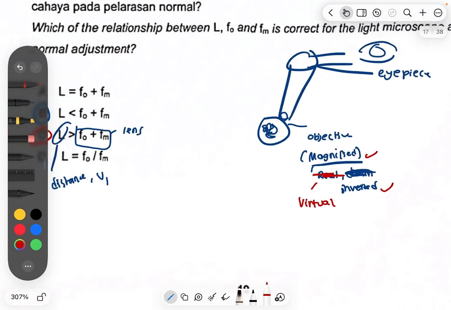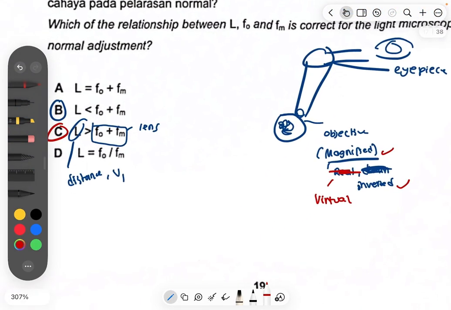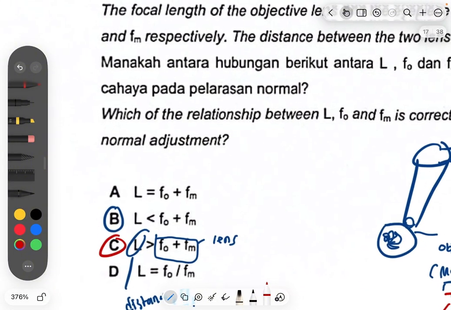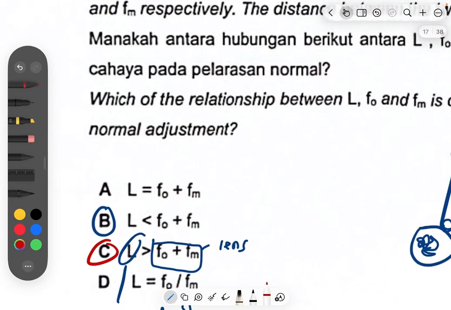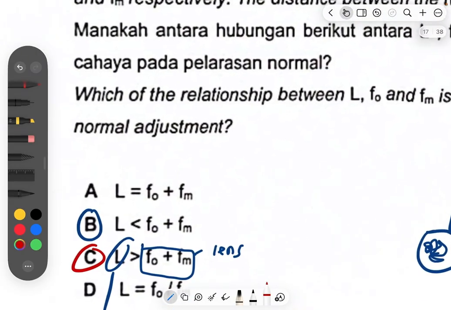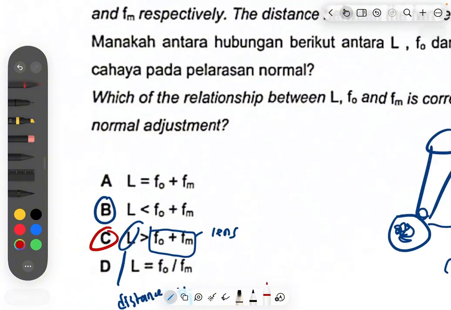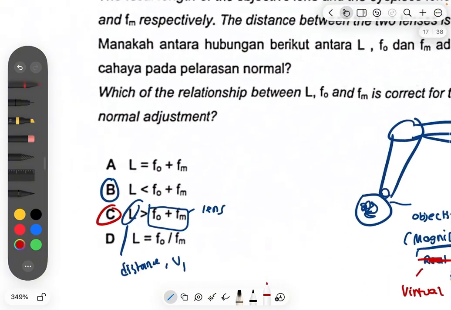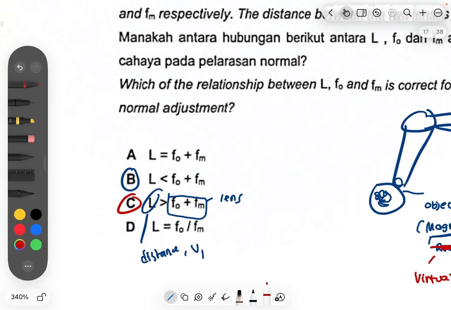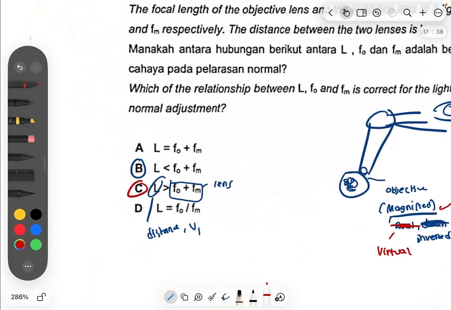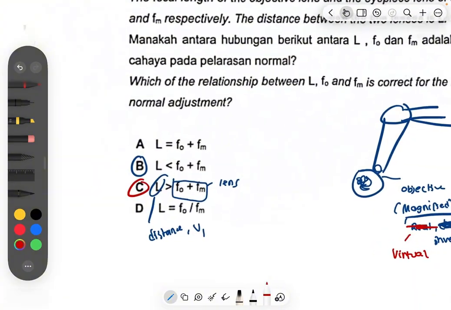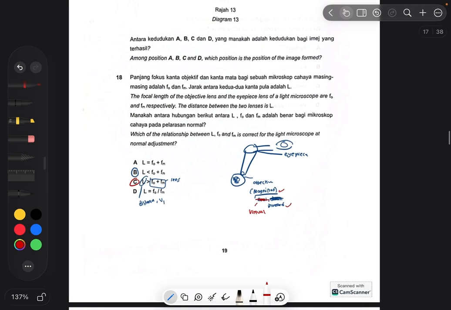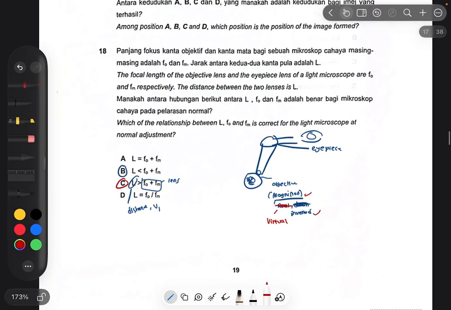And the object distance is between FO and 2FO. So distance between objective lens and eyepiece lens has to be more than the focal length of both of them. Okay, I don't know how to relate this to my knowledge regarding object, because L is not the object definitely. It's just the distance between objective lens and eyepiece lens. So the more the distance between the objective lens and eyepiece lens is, to me that focal length is less, then I guess